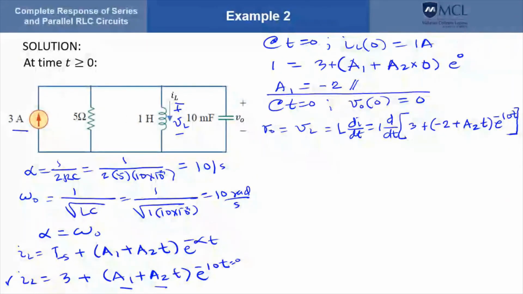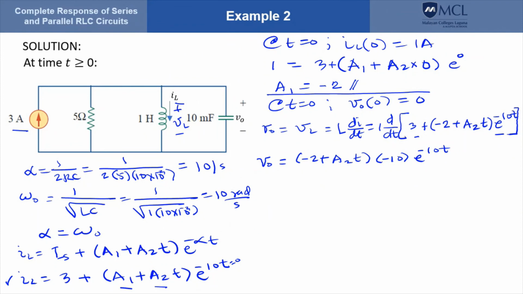So let's compute the derivative. This is a constant, therefore that will be minus 2 plus A2 t times the derivative of this, which is negative 10 e to the minus 10 t,